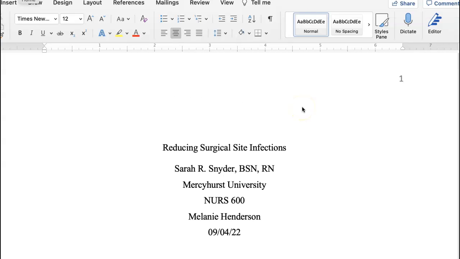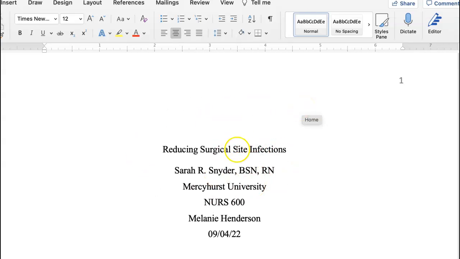So again, just thinking of overall APA formatting and overall paper-wise, you would have your running head here, which is not in, I don't think, the student APA book, but it might be in the professional APA book. So it's always good to try and practice just putting in a running head.